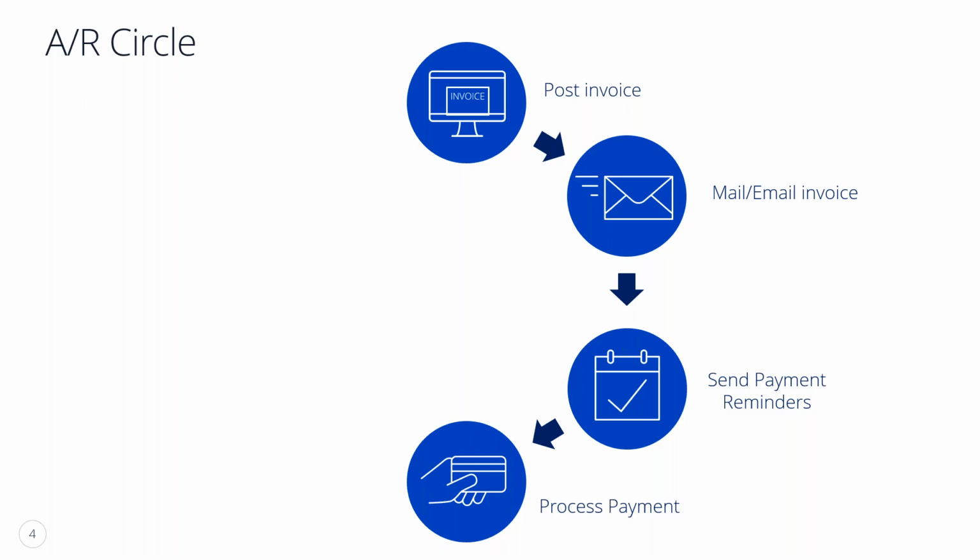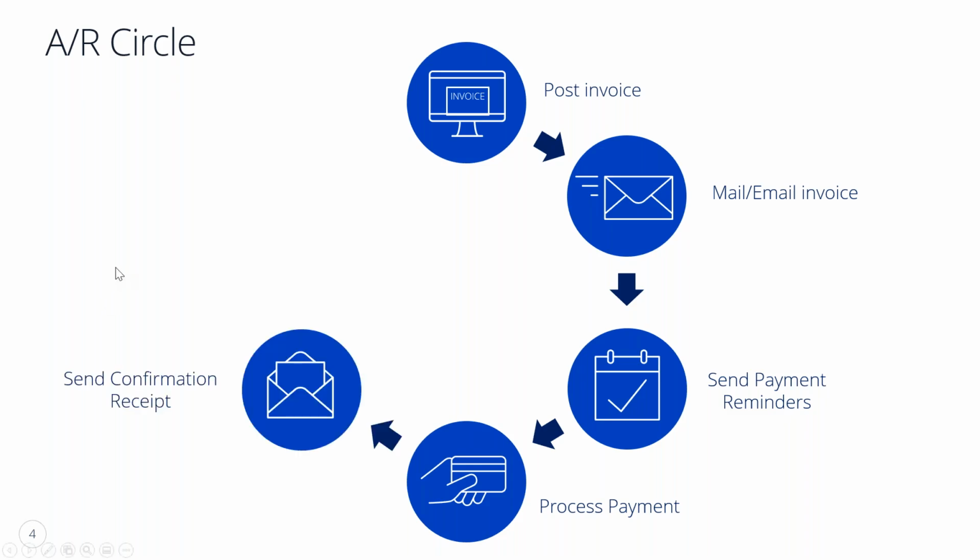If it's a credit card, you might use a desktop terminal or a virtual terminal to process. But once you process that payment, you will then let the customer know that the payment has been processed by sending them a confirmation receipt. Now, let's talk about in the event the payment is declined, then the process restarts. You have to reapproach your customer, recollect the payment information, and then send the confirmation over to the customer again. So in this case, we'll say the payment went through, everything was fine,